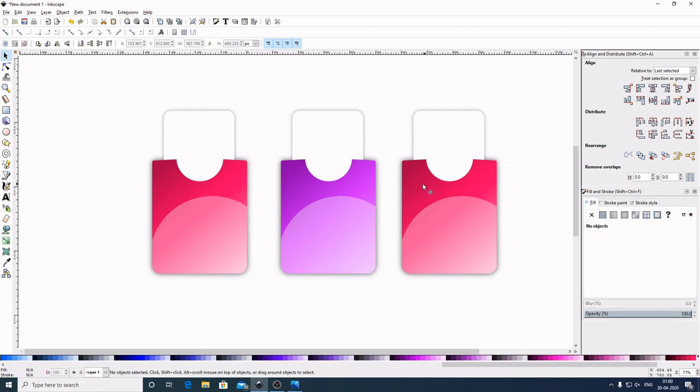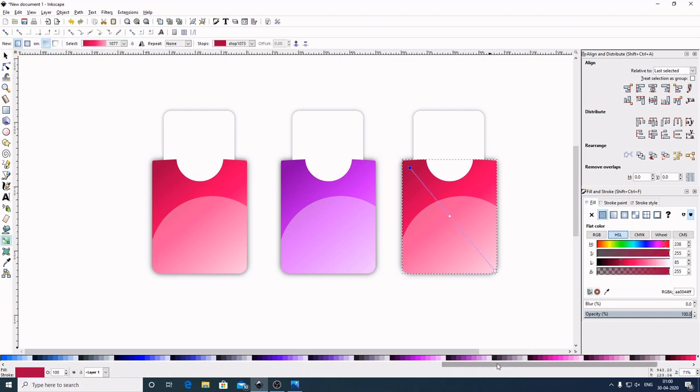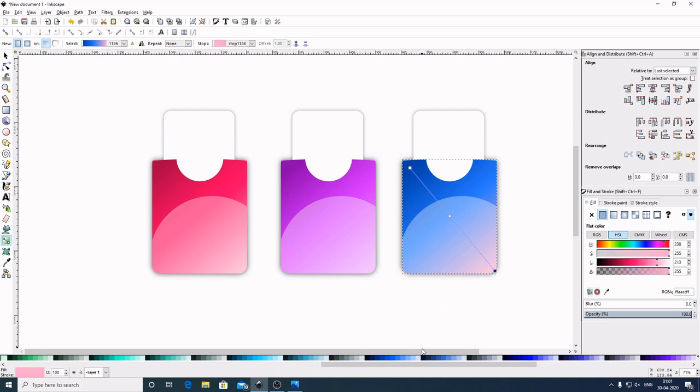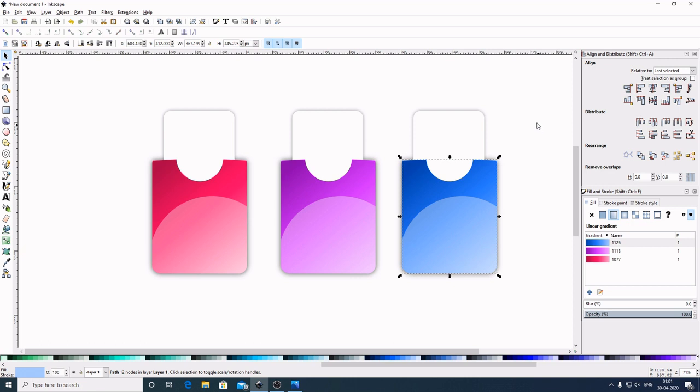Now I will come here and select this graphic. Now press G, so we get this rotation angle. Now select this one. Now come here to the color palette. Let's say we will try this one. First to the up, give darker color. Now select this middle one, give this light color. Now select this circle, give this second last color. Select this, select out of the graphic to deselect.